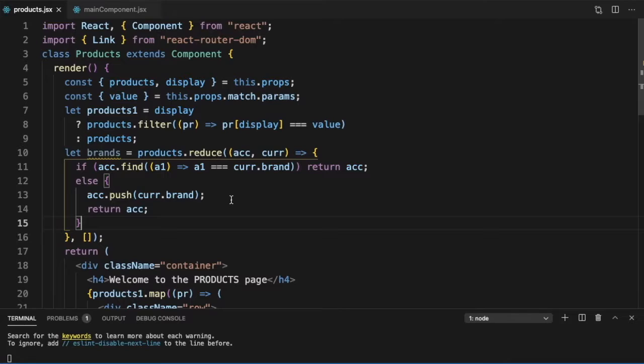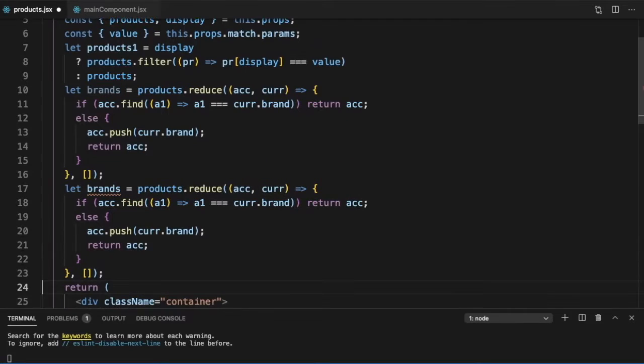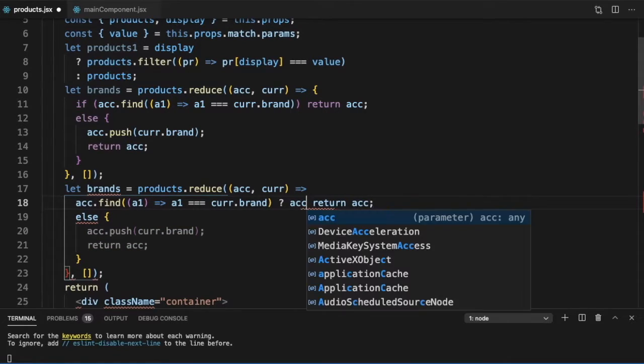Now there is a slightly easier way to do it, and I will just copy it and do that using a ternary. So here we can say accumulated.find. If this accumulated.find is truthy, we return ACC.